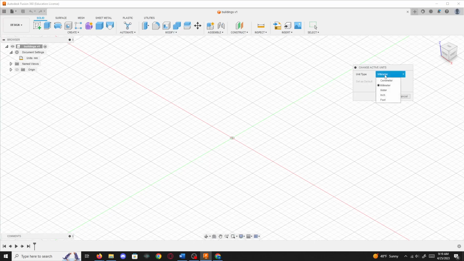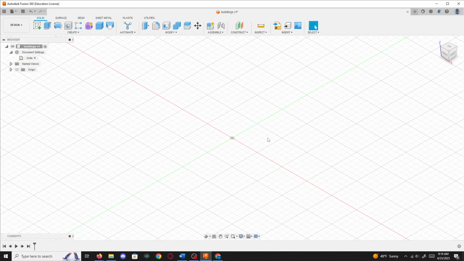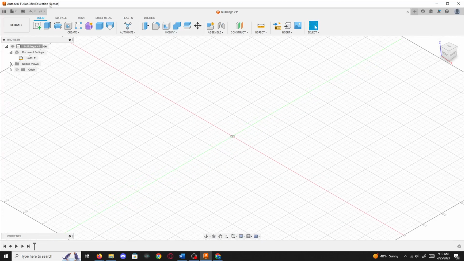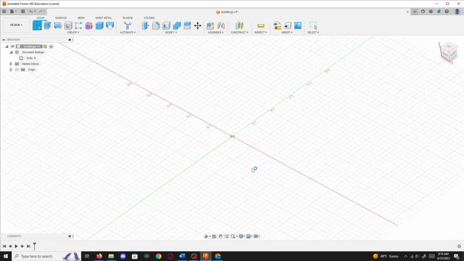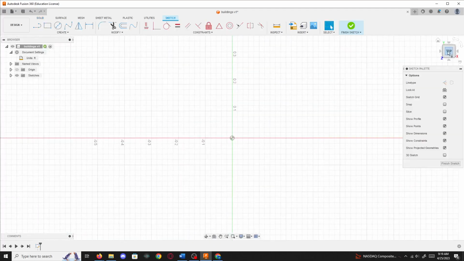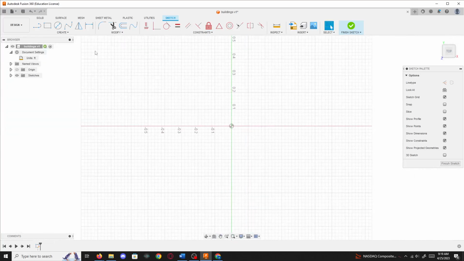Right now it's in millimeters. I am going to work in feet, or foot as this says, for my units. And then, like with most things, we're going to start with a sketch. I typically click right here so that I'm in the top view. I look at my view cube to make sure that I'm looking down from the top, and start with a